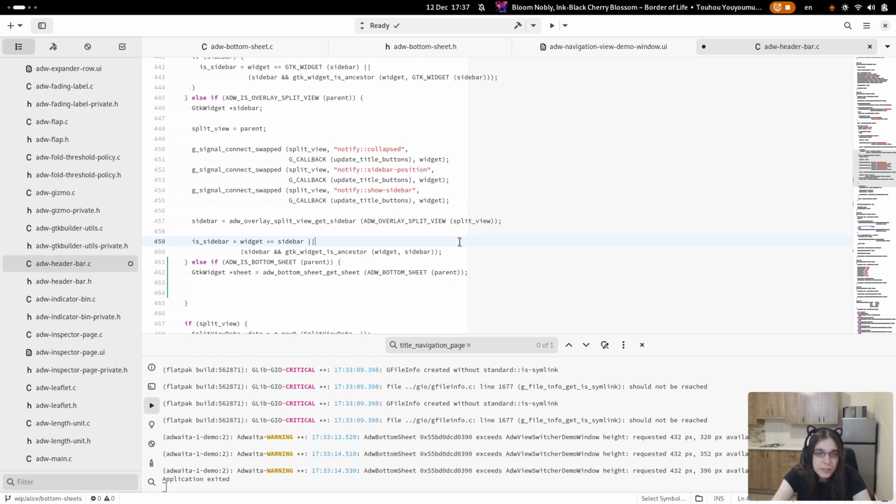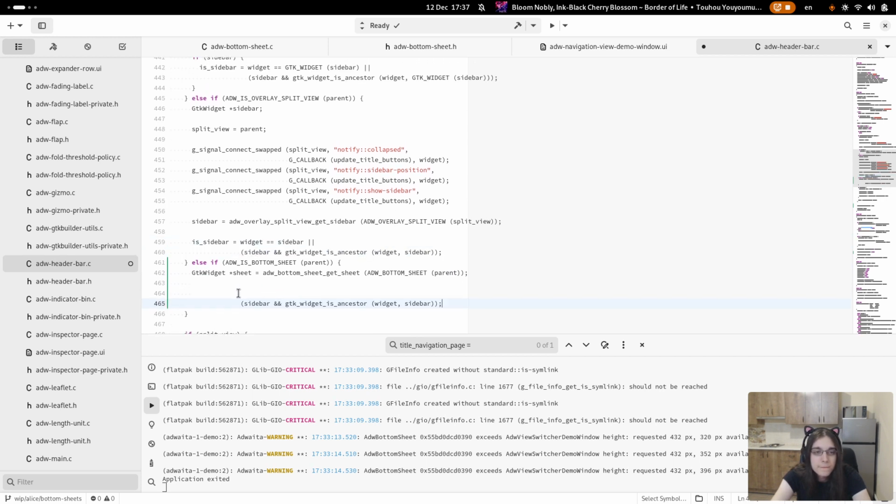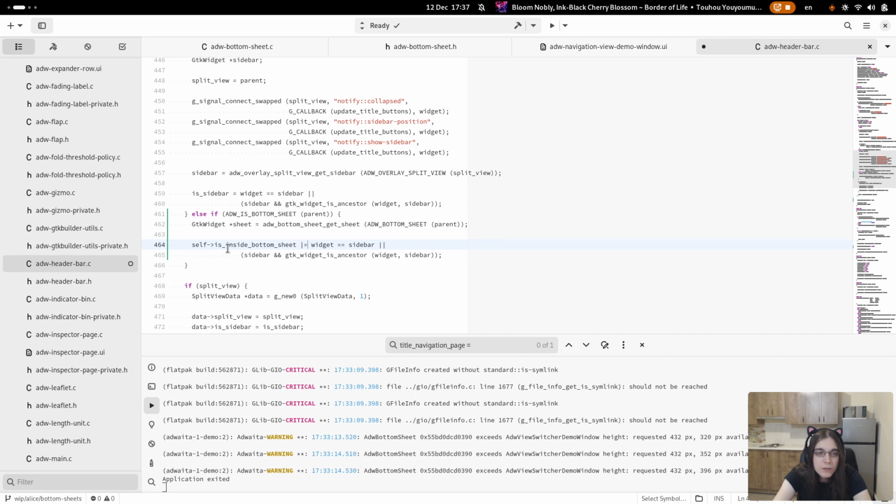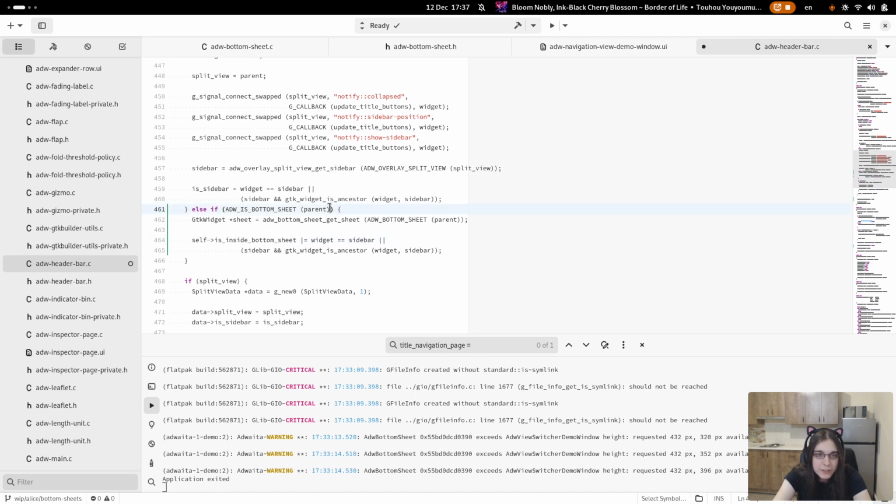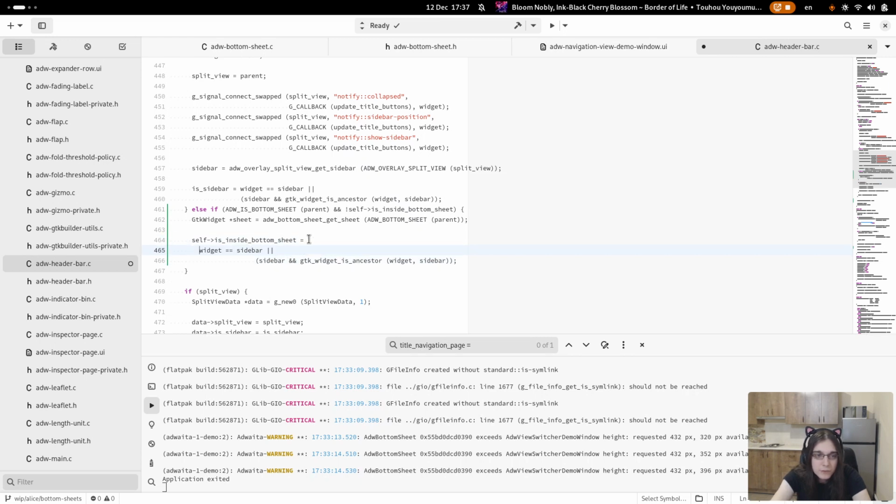Then if self is inside bottom sheet, well, if this and if it isn't already set, then we set it if the widget is the sheet, the header bar itself, which is unlikely but not impossible, so we need to support that.